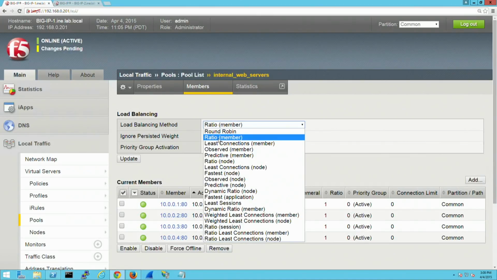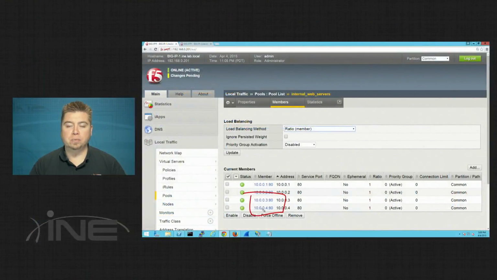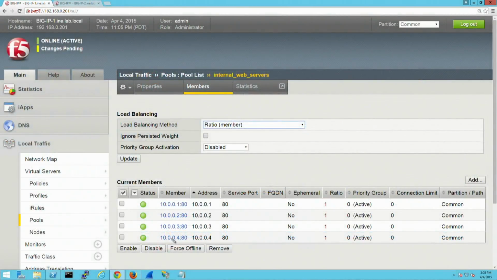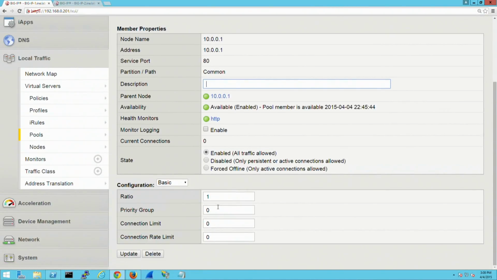But if we were to set this to a ratio based on the member, we can see where the ratio is defined here. So let's say that servers 3 and 4, maybe these are older servers and we don't want to distribute as much traffic to those. In order to give them less weighting, we would raise the ratio value for the other servers, for server 1 and server 2. So let's say in this case we wanted to do ratio load balancing on a 2-to-1 basis. So we'll simply say our ratio is 2 for server 1,